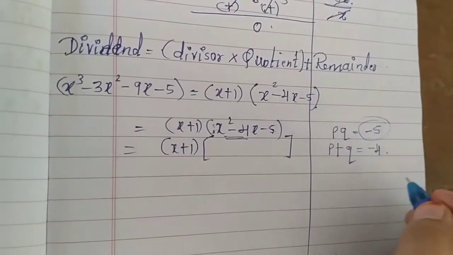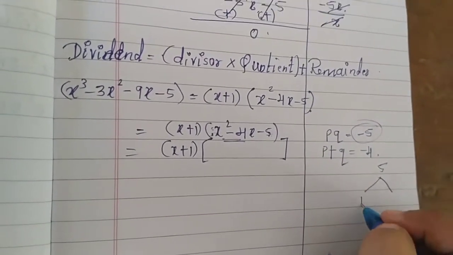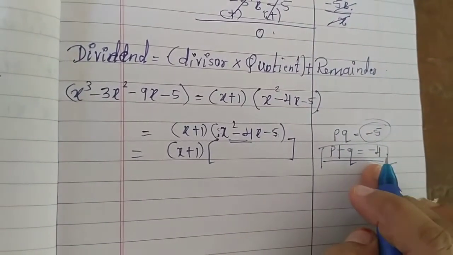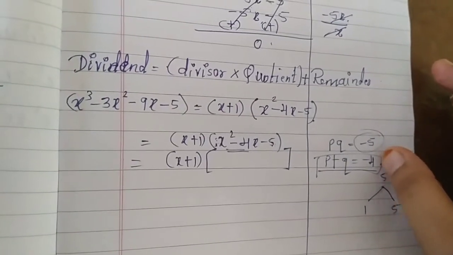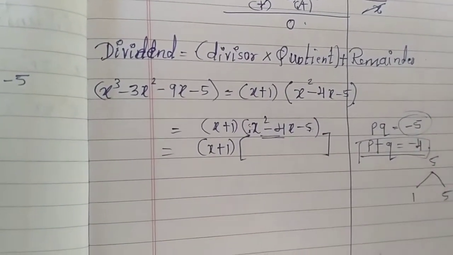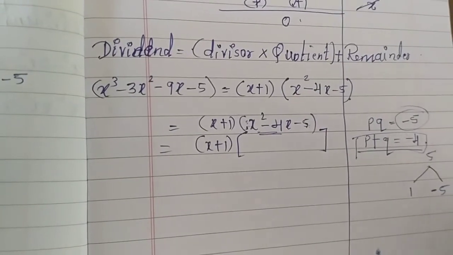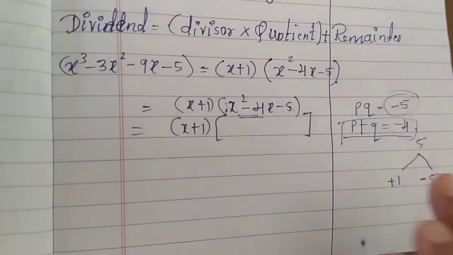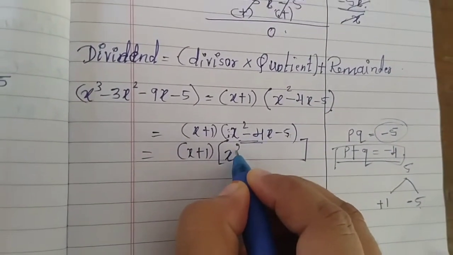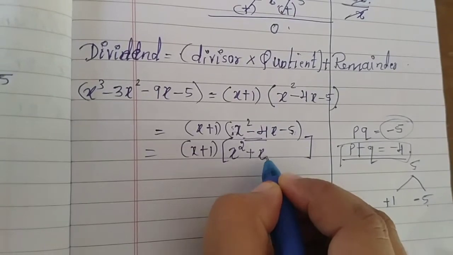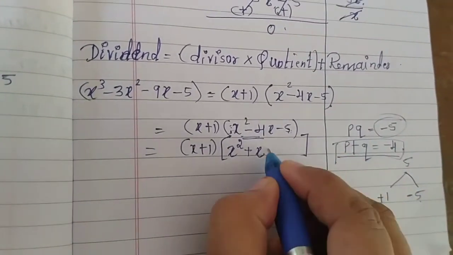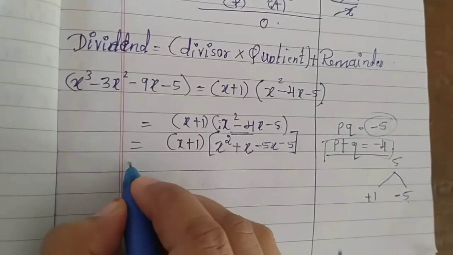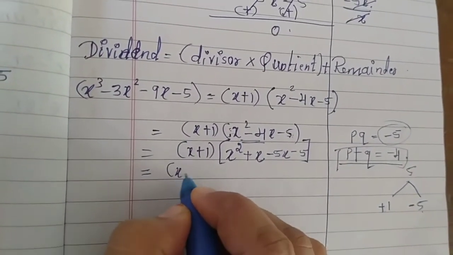Now you have to find the factors of 5, that is 1 fives are 5. As you know the middle term, when you add up you should get here minus 4. So how will you get that? If you put the minus sign to the 5 and plus sign to the 1. So these values you have to substitute here: x square plus 1x minus 5x minus 5 as it is. So this will be equal to x plus 1,